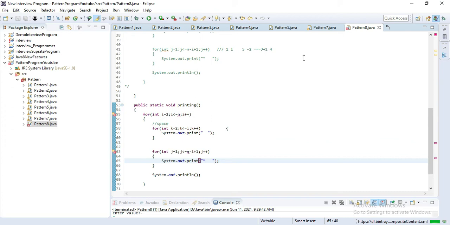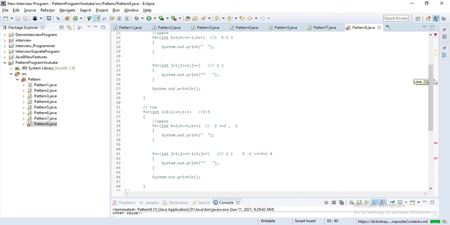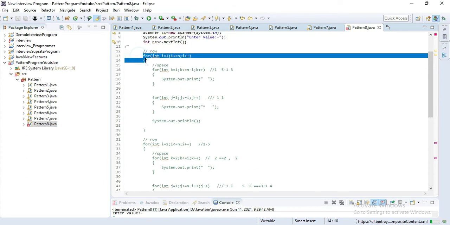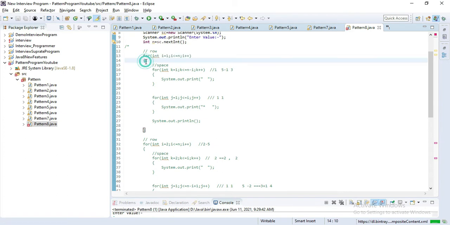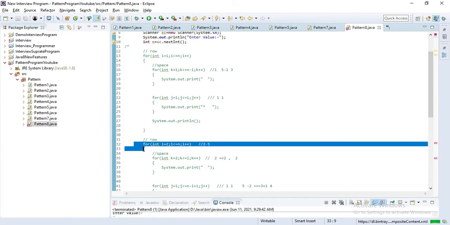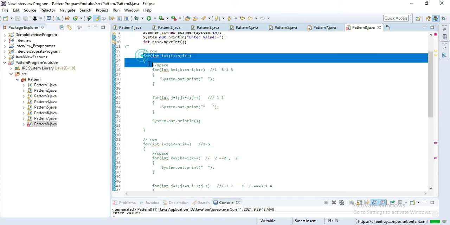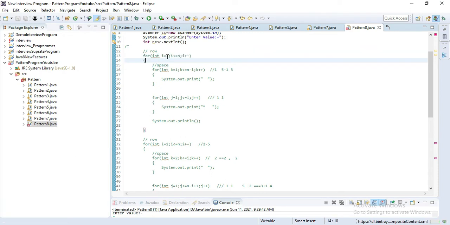Now let's understand what is common in these two parts, the upper part and the lower part. We can say both use one for loop for printing a row. Everything is common, but only the initial value changes. In the first part the initial value is 1, and in the second part the initial value is 2.